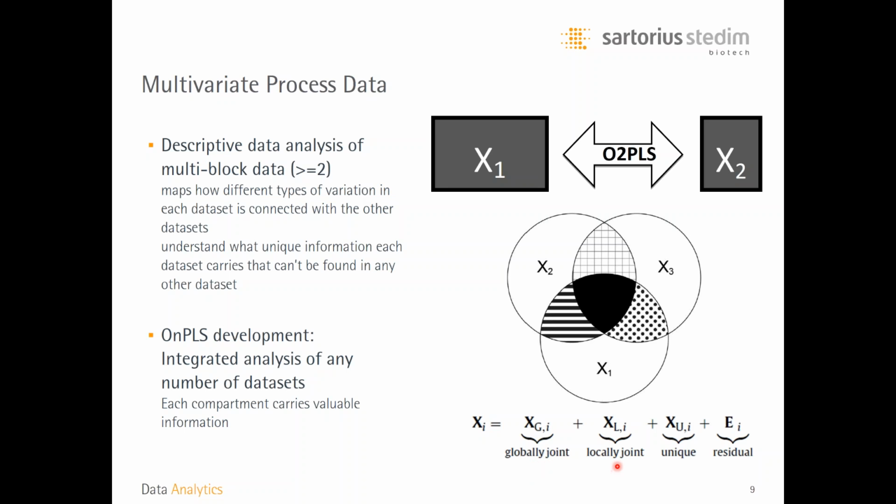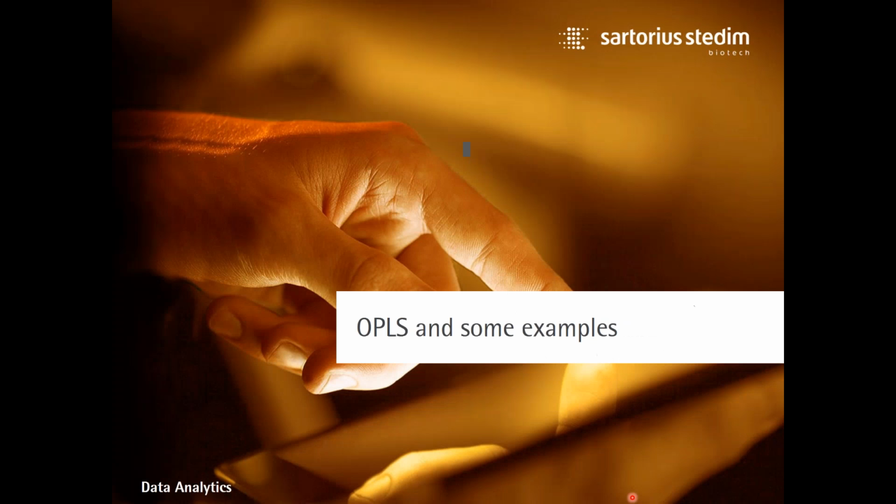And then we have the locally joint information that is found in at least 2 blocks, over to the unique information that is only found in one of the data blocks. And of course, you will also have the residual structure that represents the unmodeled variation. Now, with this little introduction in mind, we are now moving over to the 2 tools that are forming the